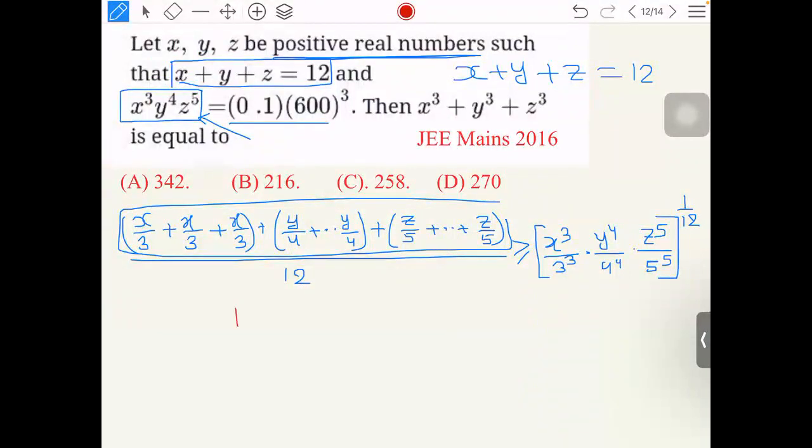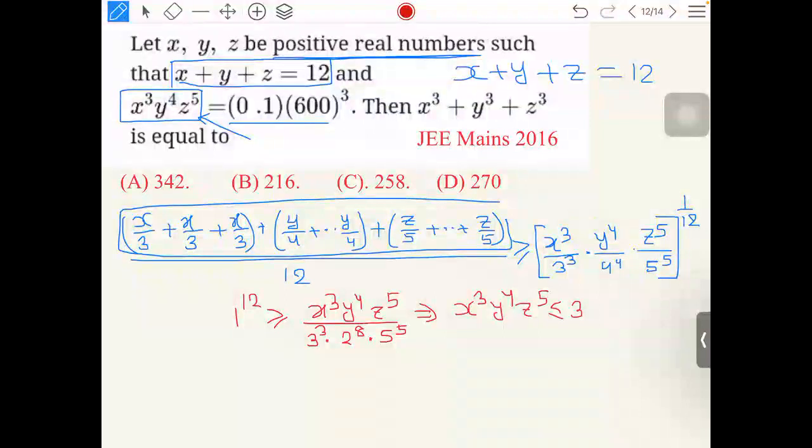1 to the power 12 is more than equal to x cube, y to the power 4, z to the power 5 by 3 cube, 2 to the power 8, 5 to the power 5. Or x cube, y to the power 4, z to the power 5 is less than equal to 3 cube. So we can write it as 2, 3, and 6. 2, 3, and 5 will give us 6. So we can write this product as